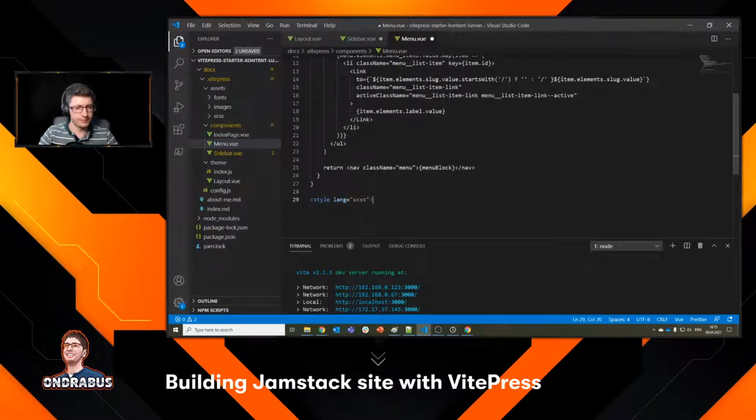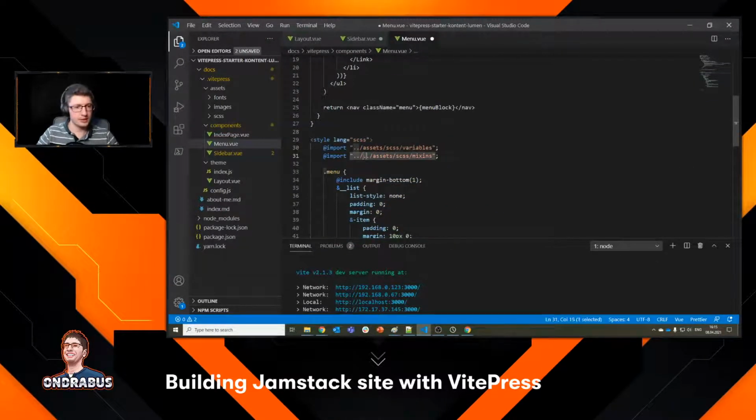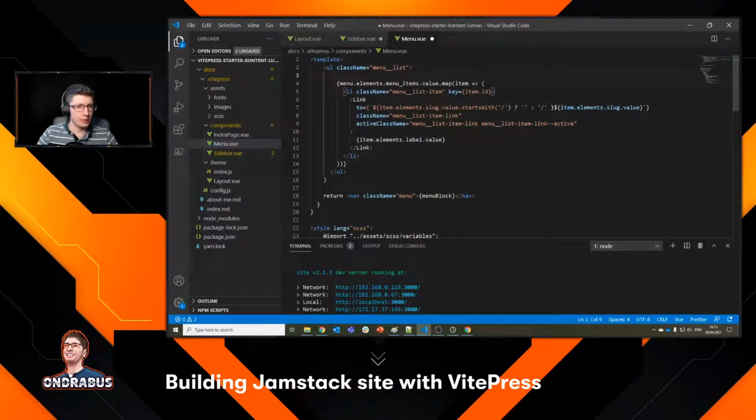Perfect. So now I got the style in place. Of course, we're gonna have to fix this. And then we need to turn this obviously into Vue syntax. So that's just a template. We're just getting the menu items from this props data. So I'm just gonna omit that for now. And we're actually doing some mapping here into list items. So we're gonna do the same here,